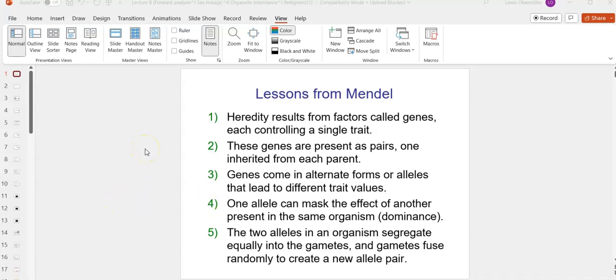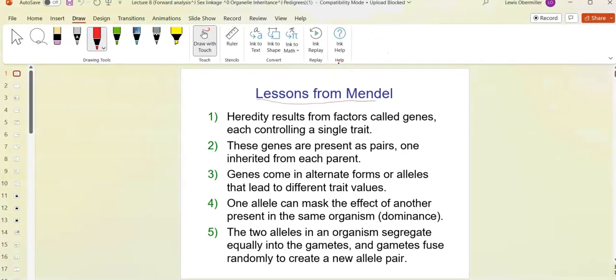So we're just going to go back over what we learned from Mendel, right? So what did we learn from Mendel's pea plant experiments, right? So Mendel said that they're heritable units, right? He called them, well, he called them heritable units, but we call them genes. And those controlled a single trait, right? So we talked about